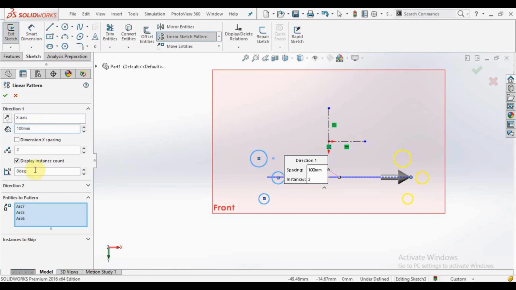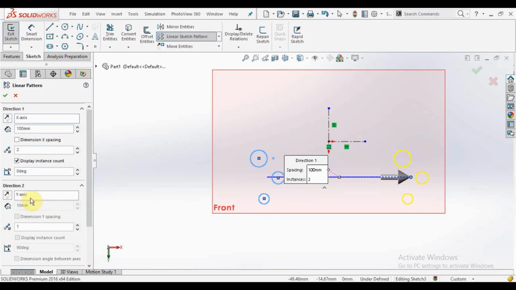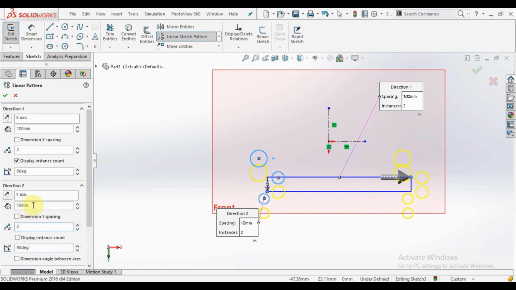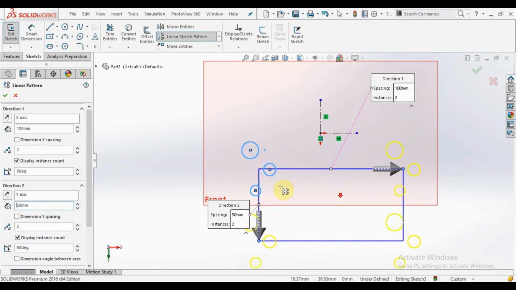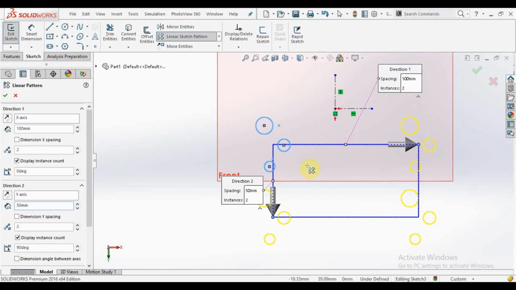So select the y-axis, and here create 2, because this is our first pattern and this is our second. You can see the pattern is two numbers. So in the y direction I will create 2 and give the dimension as 50 mm. So you can see our 100 by 50 mm rectangle is created, and give OK. So this is our pattern command.